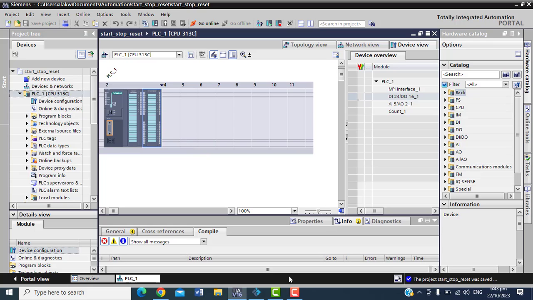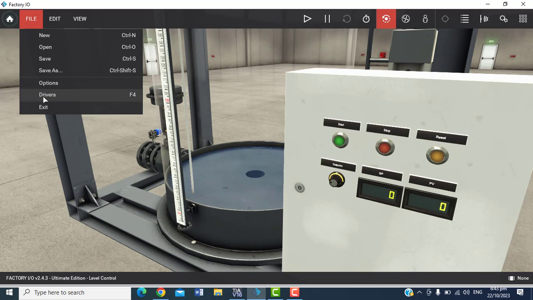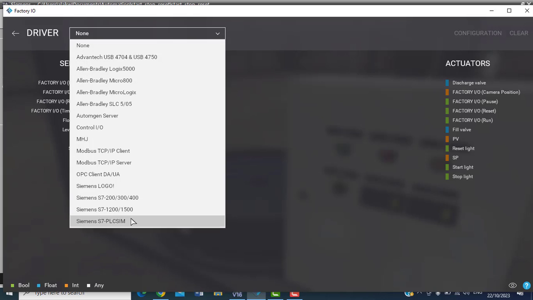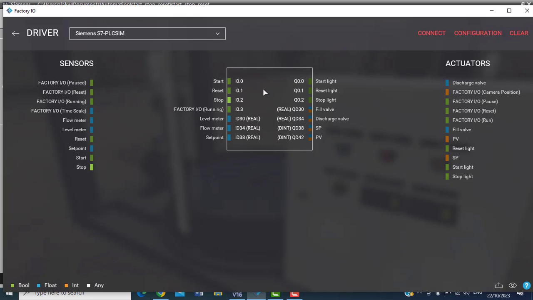So what I will do now is change, because if you come here, you see what we have for this scenario, this thing I want to work on. If you go to file, options and drivers, this actually tells the name, FactoryIO, right? You can see the name there. So if I go to file, drivers and then I go to PLC Sim, right? I want to simulate this thing with PLC simulation. You will see that these things are already connected to some addresses. Yes, I will still change the addresses, but I want to maintain this particular thing we have there.